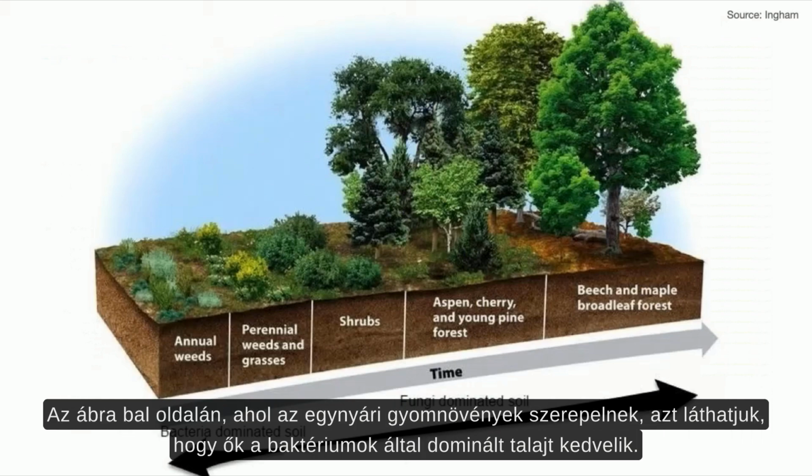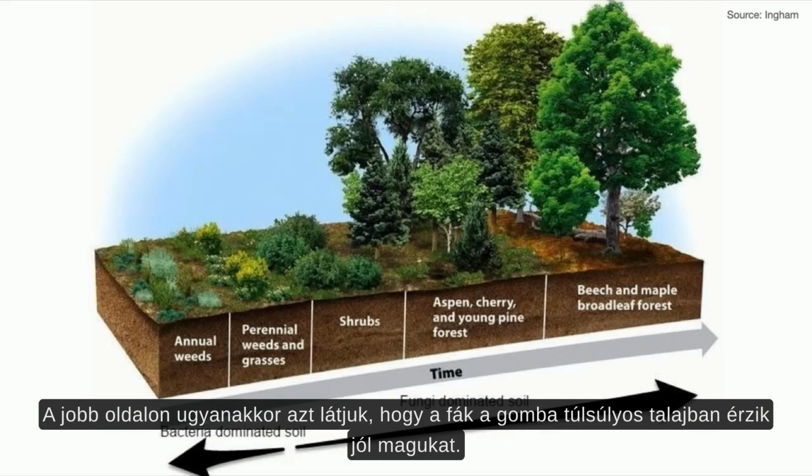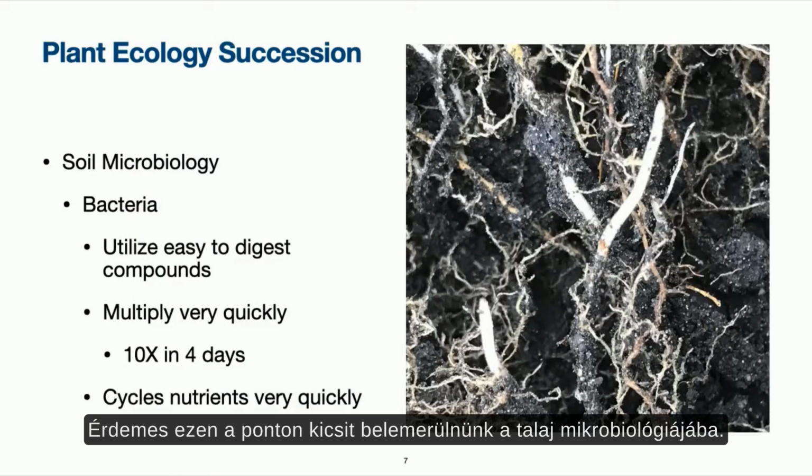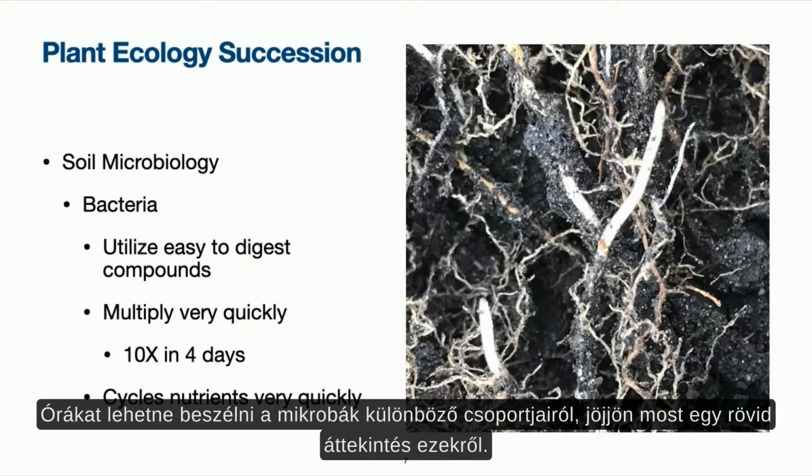So when we see this slide again, now we have the annual weeds, and underneath it, you'll see that it says that they're bacterially dominated soils. On the right-hand side, when we're dealing with a mature forest, those soils are going to be fungal dominated soils. So we'll dive into the soil microbiology just a little bit. There are better suited to talk about each one of these. It could be an hour talk on each one of these